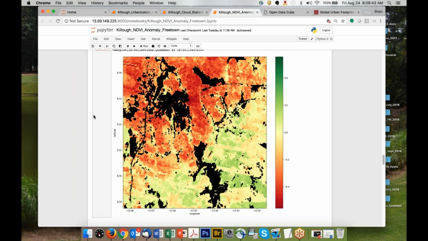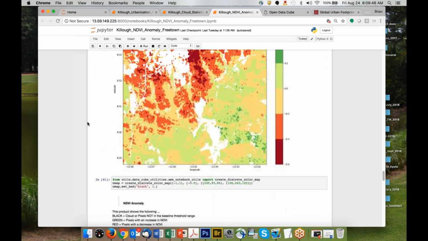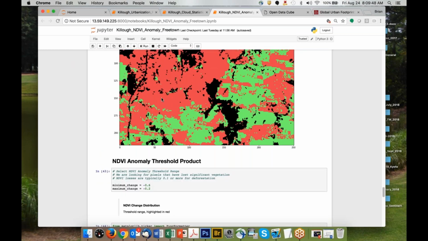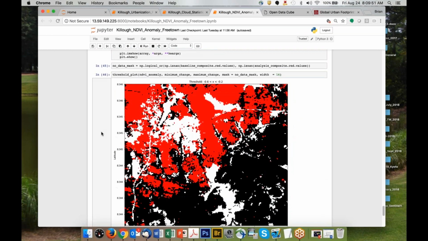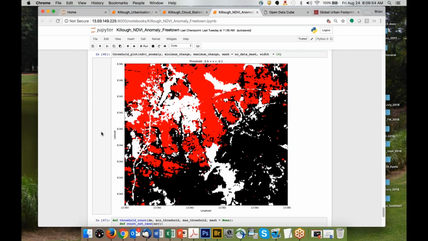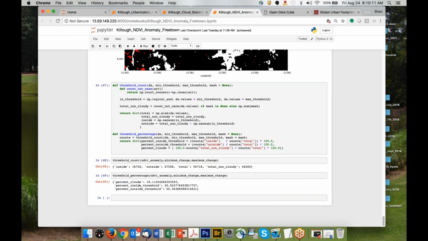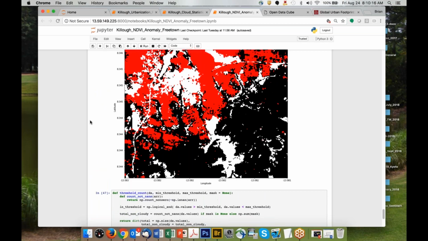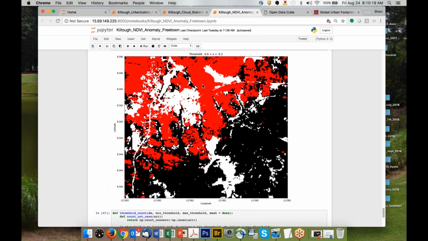So again, if I use the same threshold I used for the last analysis, I'm just going to go down past this. There's a few other intermediate products. There's the area there that has been devegetated. Everything in red is an area that was highly devegetated, a severe loss in NDVI. So my guess is that was definitely deforestation, probably back here as well. And if I count that up, we lost 30% of the area around that Waterloo just in this analysis here,